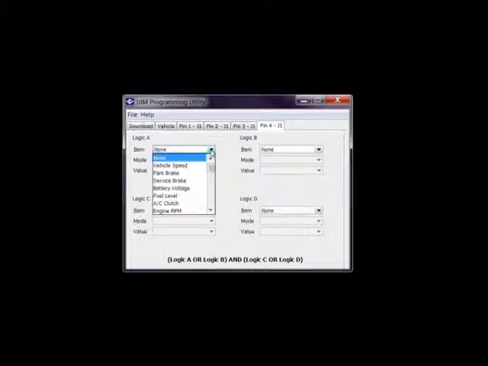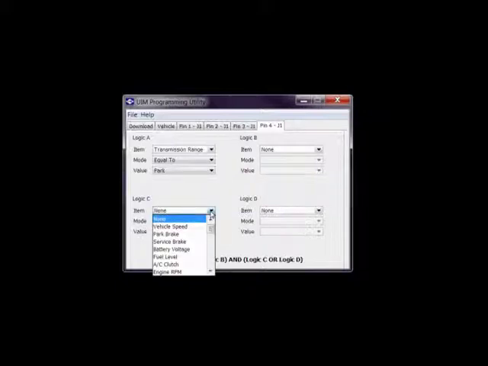So A, first thing is look for transmission range. And we're going to say is equal to, so we don't have to change anything there, and park was the default, so transmission range equal to park, and because we're going to require park and park brake, we're going to check park brake is equal to on. So now we've got our 4 pins set,